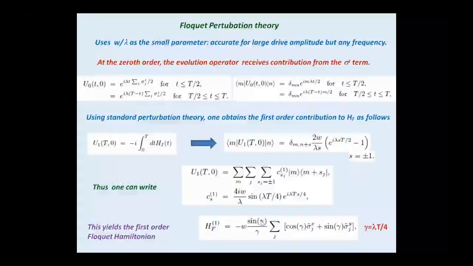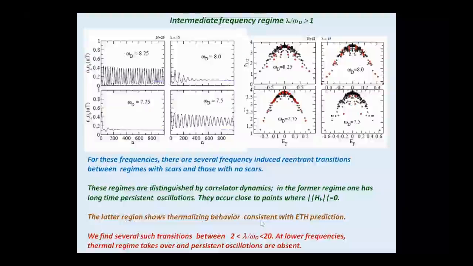Sorry, let me just go back to that slide. So this corresponds to gamma equal to pi, and here you see that the oscillations are almost completely gone. And then when you move past this point, the oscillations come back. And similarly with scars. With 8.25, you have some scar states. At 8, there are just a few. Everything almost moves into the thermal band. At 7.75, they move well inside the thermal band, so that everything is dominated by ETH. And then at 7.5, you come out of this, and there are a few scar states also.